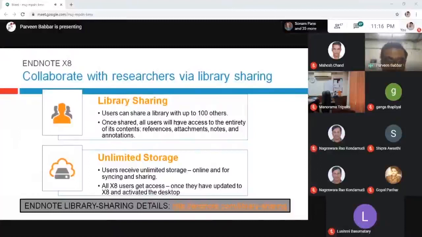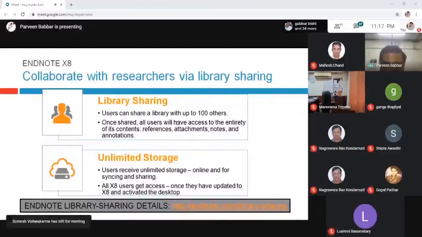Once you have a subscription to EndNote X8, you have unlimited storage. There is no storage limitation, so you can use any number of articles and share and sync them into EndNote desktop.